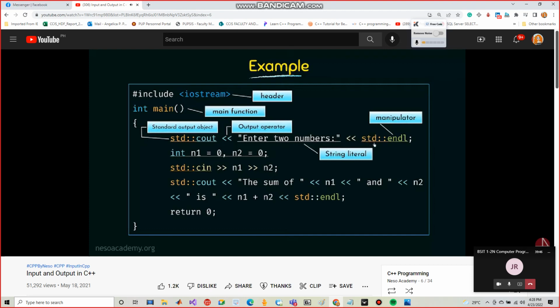And again we see that std is written here. Why? Because this endl is also defined inside the std library, or the standard library. So we are saying that use the end line that is within the scope of the